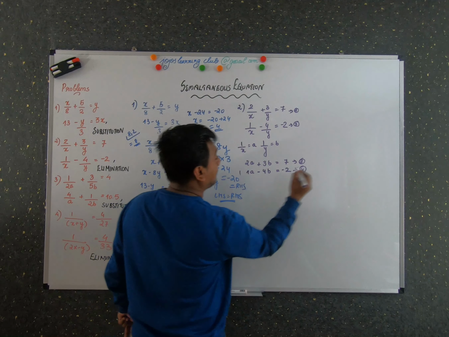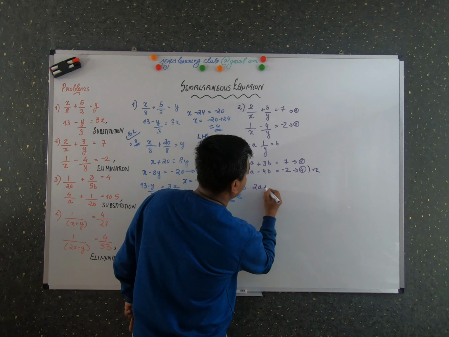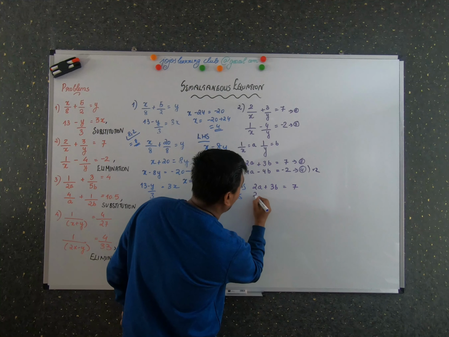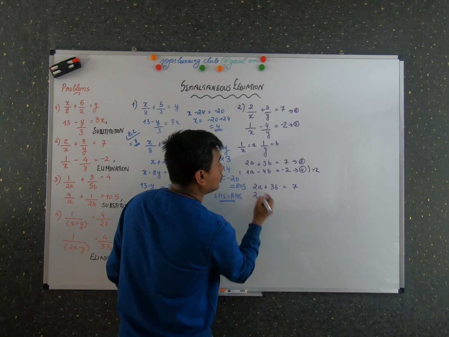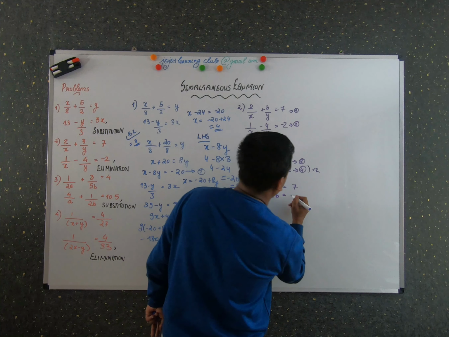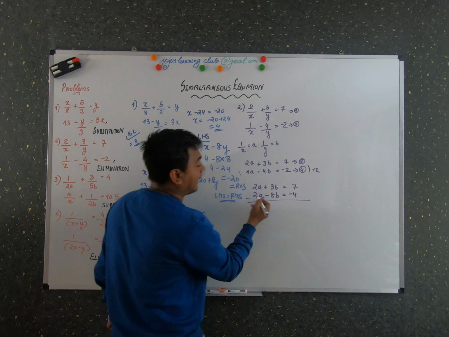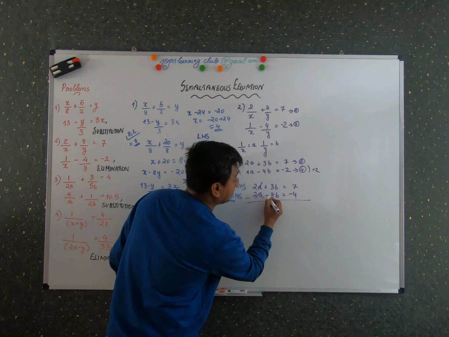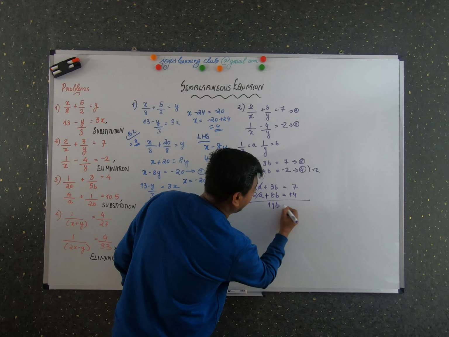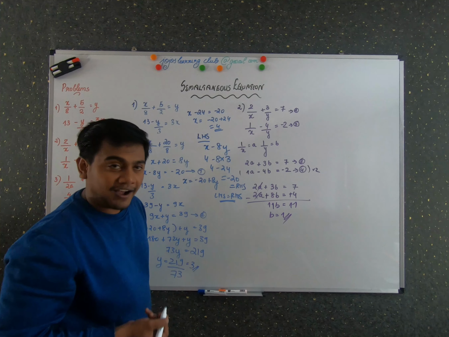So what I can do is multiply this equation by 2. So 2a plus 3b is equal to 7, and in this equation, 2a minus 4 into 2 is minus 8b is equal to minus 2 into 2, which is minus 4. Now you can subtract your values and find the value of b from it. Minus minus becomes plus, and here it becomes plus. So 11b is equal to 11, and the value of b is 1.